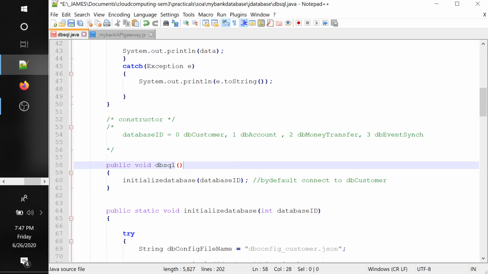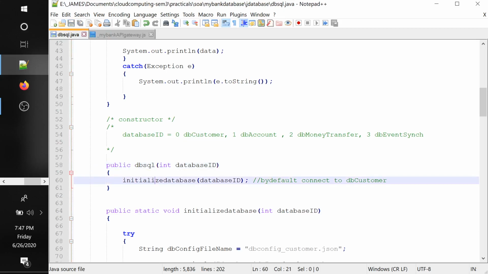It was not throwing the error earlier, but the moment I put database ID, this line started throwing an error. So the solution is you need to remove this void, because it's a constructor and you don't require a void or return type in this case.